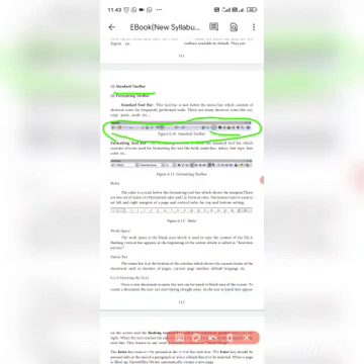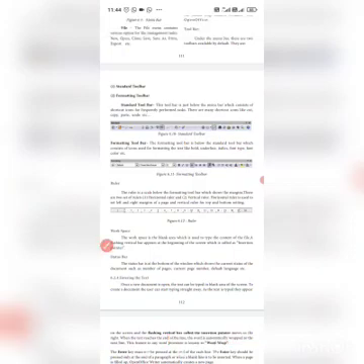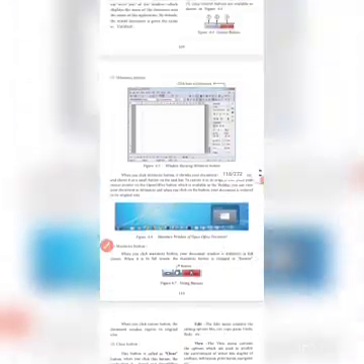This toolbar is below the menu bar. Menu bar: file, new, edit, insert, view, so many things are there.